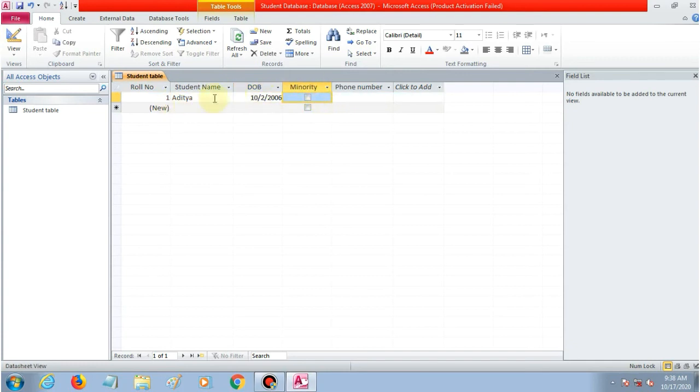If a student belongs to a minority, then click in the checkbox, otherwise leave it, then write the phone number. Okay, then come to the next record.